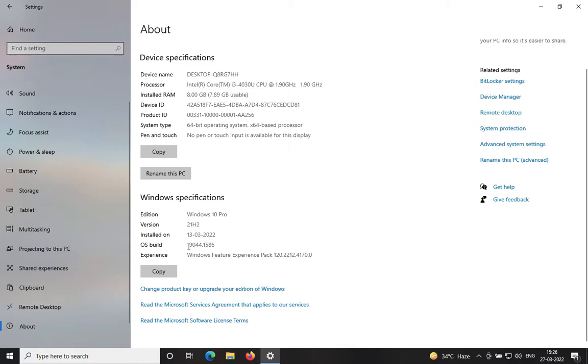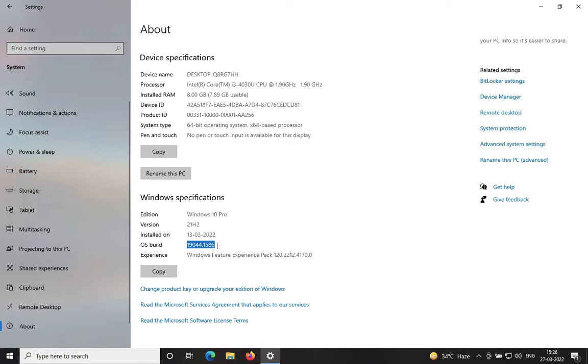So first check this OS build number, because to run WSL2 you must be running a Windows 10 64-bit system, version 1903 or higher, with a build 18362 or higher. Or if you want to run WSL1, you will need a Windows 10 64-bit system, version 1709 or higher, with a build